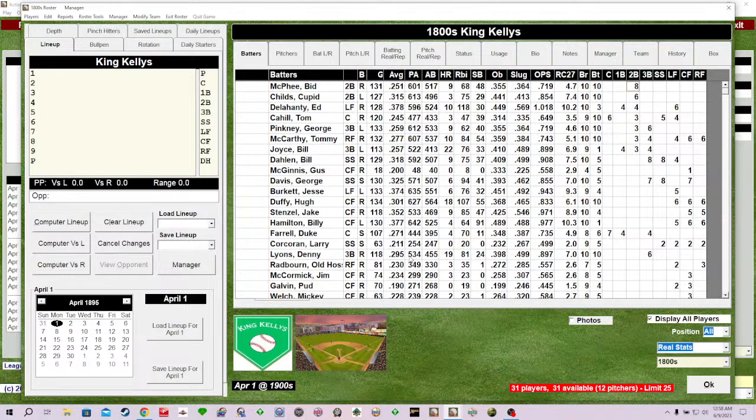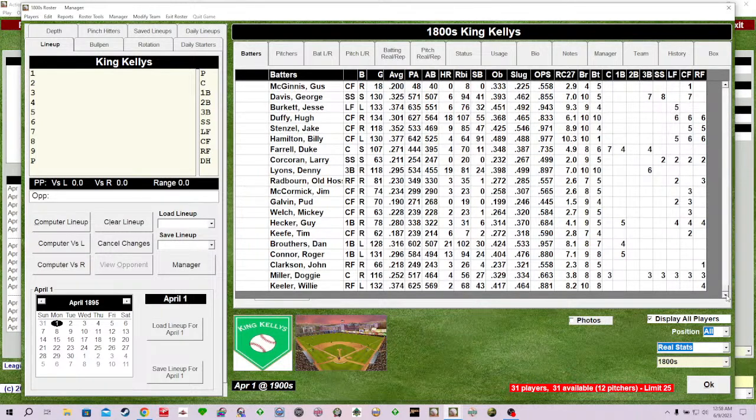There's Tommy McCarthy, hell of a players. Bad Bill Dahlen, Jesse Burkett's on there. Hugh Duffy, Jake Stenzel, Slidin' Billy. Mickey Welch, who didn't do well for me in the Ned McGreevy League. Anyhow, Cousin Ken, you got a lot. There's Wee Willie Keeler on here. You got a hell of a team.